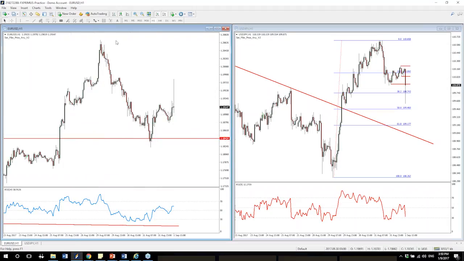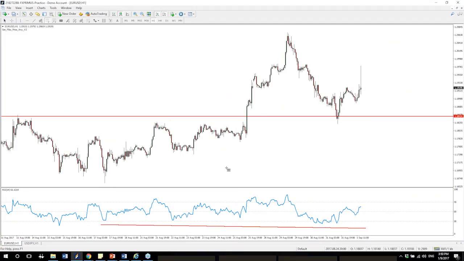Okay, but well, hold on a second. We took the Fibonacci out earlier. Let's put it back in. Okay, so Fibonacci would go from there to there. Okay, so